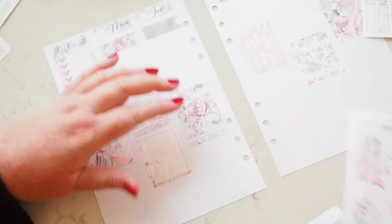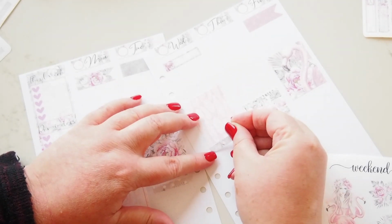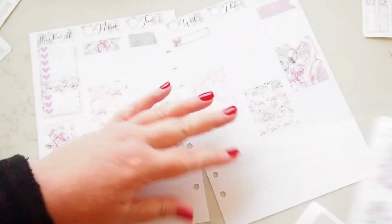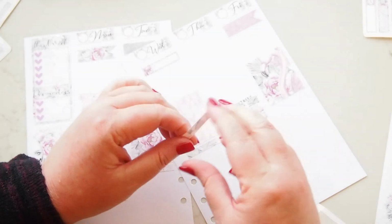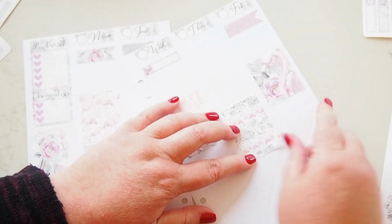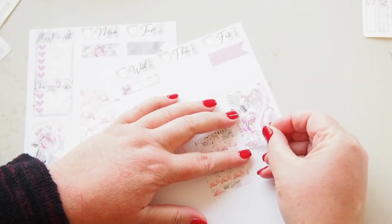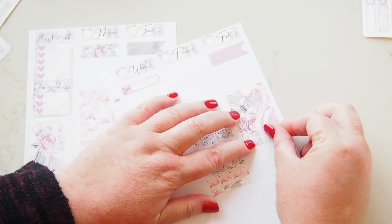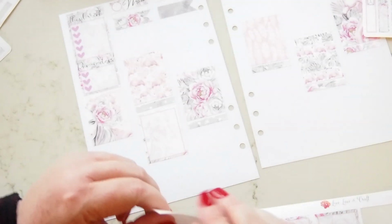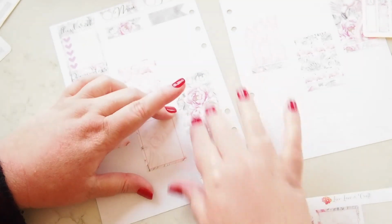So you'll notice I'm not planning the weekend like I didn't towards the end of last year either. And that's because I am using a mini happy planner for personal planning, and that includes the weekend as well as the week. But there's no work in that planner, so there's another video for that, of course. So feel free to go and check that one out whenever you like. If it's up yet, I'm not sure actually. I think it isn't. I think this one's going up first, because this is the kind of plan with me that you guys are used to. This is my weekly EC style decorating, which I'm not going to do in this planner